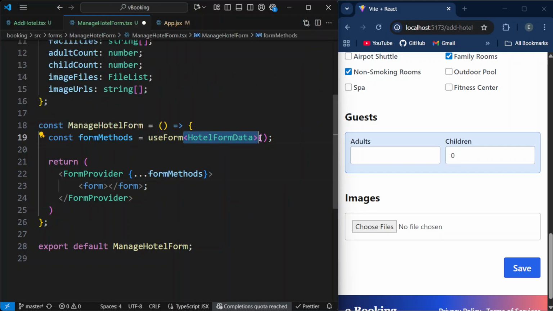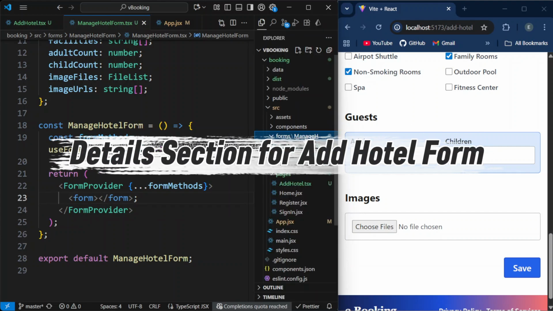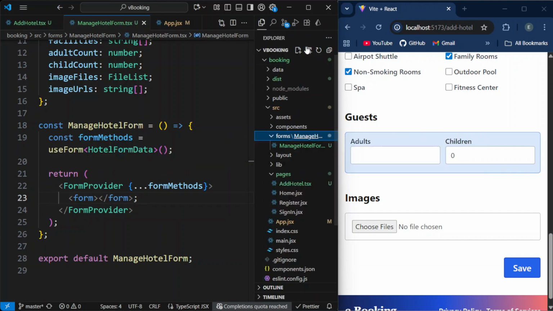We assign a type like HotelFormData to the useForm hook to enforce type safety, enable autocomplete, and catch field mismatches early. It keeps our form logic aligned with the expected data structure, making the development process smoother and less error prone. Now inside Manage Hotel Form folder, create a new file called, first of all we will create DetailsSection